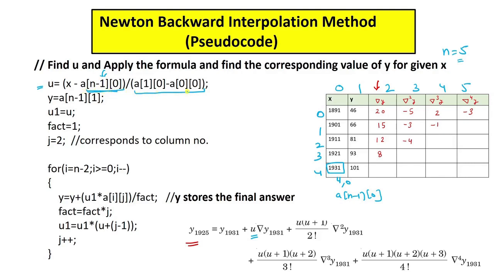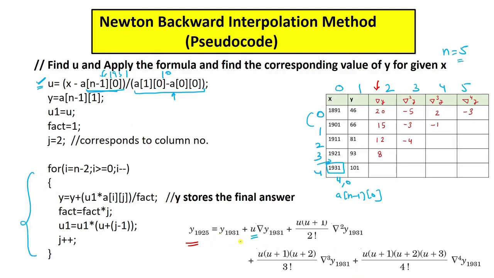Now upon this is the h value. So the value of h can be found by either subtracting this one or this one, anything. So I have just simply subtracted 1901 minus 1891. Okay, a of 1 0 is 1901, and this is a 0 0, 1891. So I will be getting 10 from here. Okay, so x minus 1931. Okay, x is like in our example x was 1925. So 1925 minus 1931 divided by 10. Okay, so this way I have simply computed the value of u that I have to compute only for the first time, right?